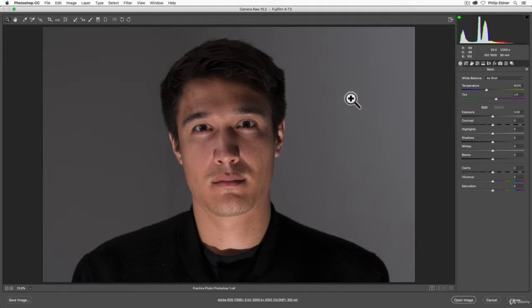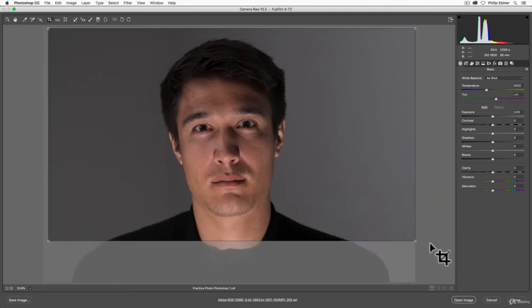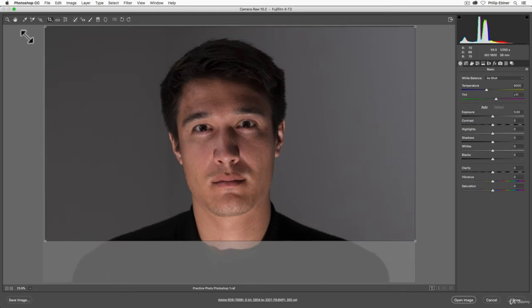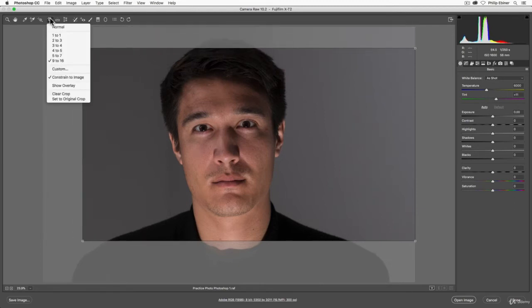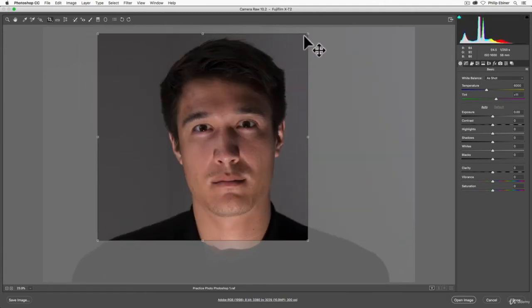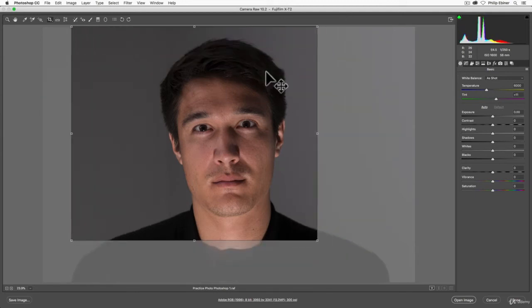To crop an image in the Camera Raw settings, you're going to click this crop tool. And then you can literally just click and drag over your image to crop. Right now, I'm locked at a specific aspect ratio, and I think it's like 16:9 or something. But if you click and hold down on this crop feature, you have different presets for your aspect ratio. You could have normal, which just means I can create any sort of shape, a square or a rectangle anyways. And so now I can edit it freely.